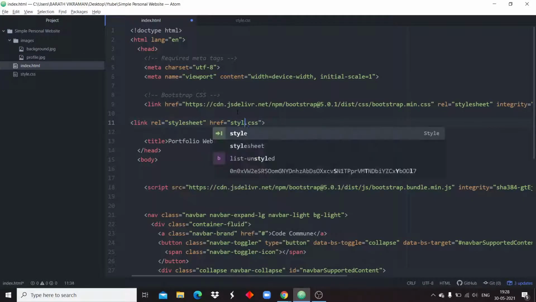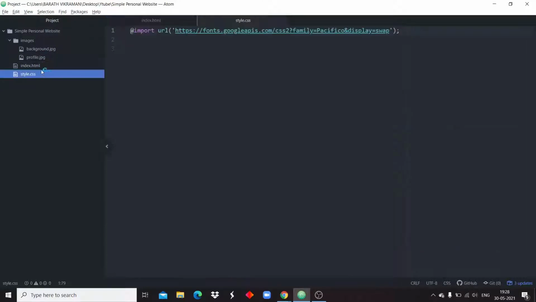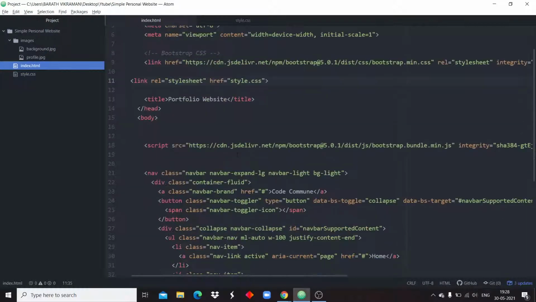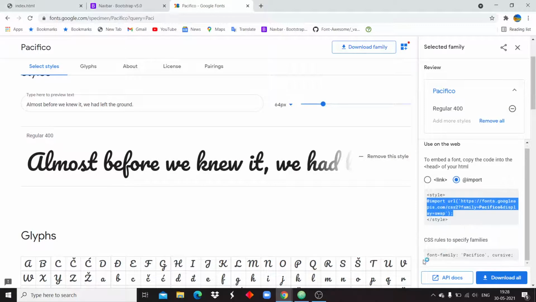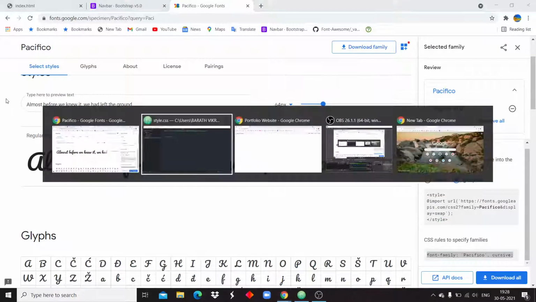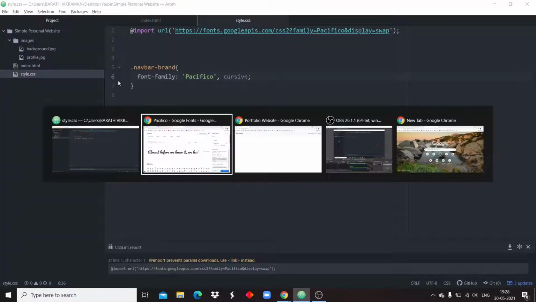After that we need to target the class navbar-brand, because Code Commune is declared under the class navbar-brand. I'm just targeting this, copying the code as font-family and pasting it here, and saving it.